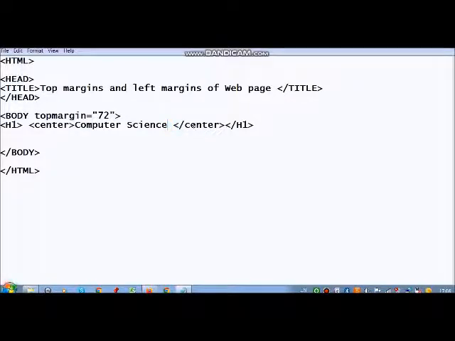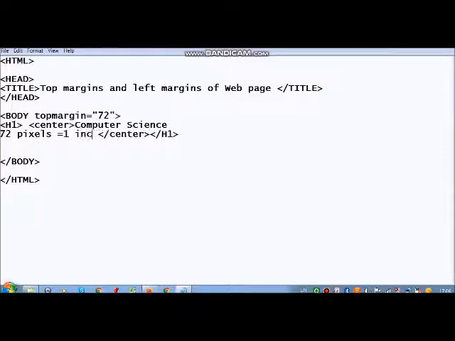Okay, what happened here? 72 pixels is equals to 1 inch, means your margin is 1 inch. Now you will be getting the top space of 1 inch. So I have written here 72.